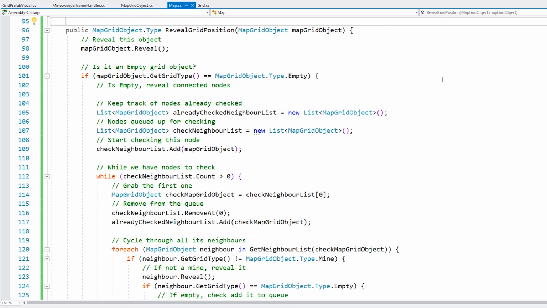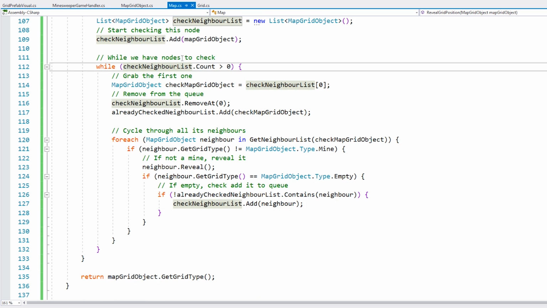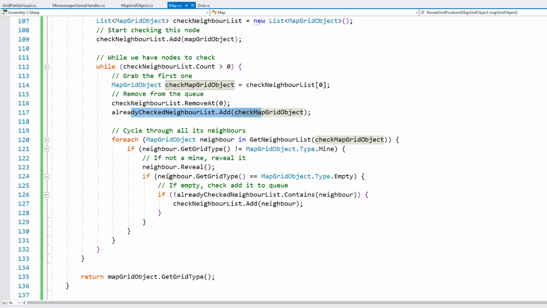Okay, so here's the algorithm for revealing all of our connected nodes. We start off just revealing this object, then we check if it's an empty grid object. If so, then we want to reveal all of our connected nodes. So we set up two lists to keep track of the ones already checked and the ones that we need to check. We first add to the queue this current map grid object, and then we have our cycle where we're going to run whilst we have nodes to check. We grab the first one, remove it from the queue, add it to the already checked,